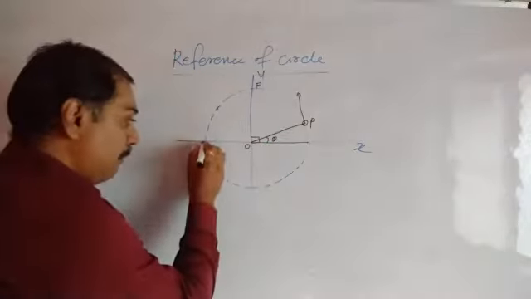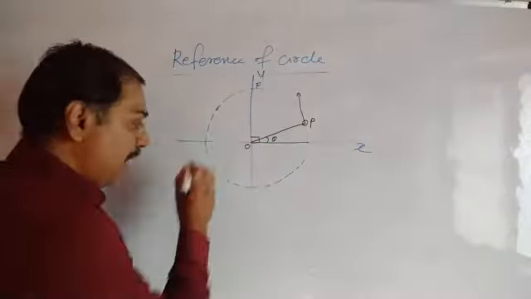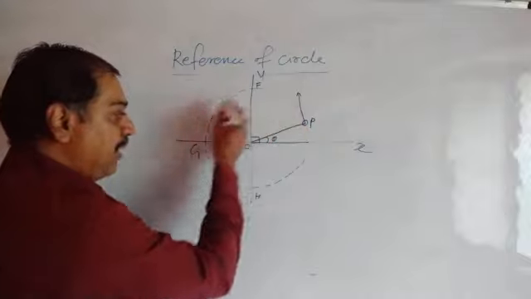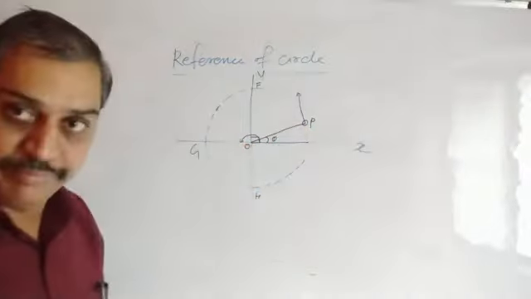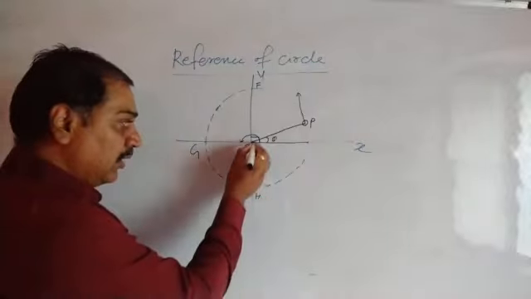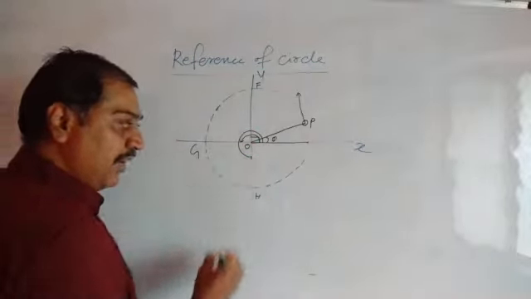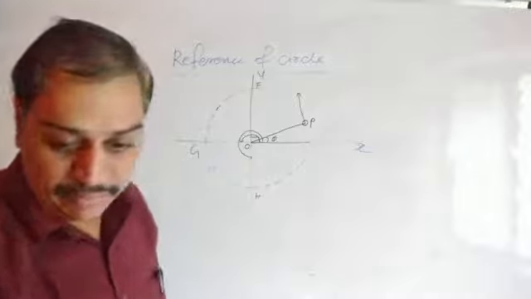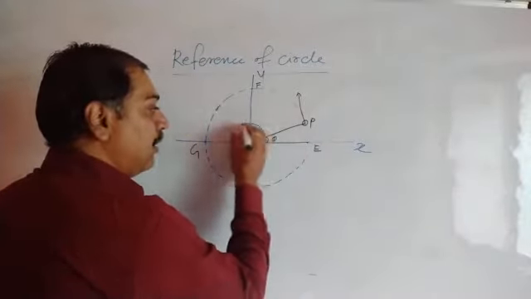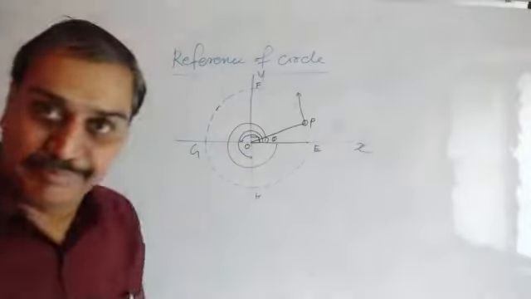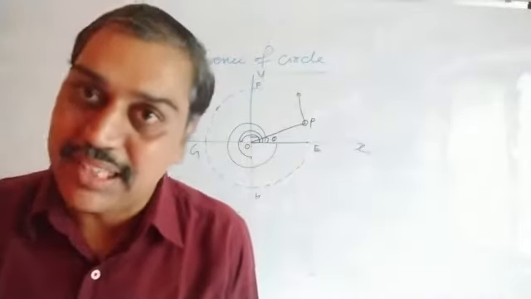At this point, what have they taken in your book? This as G, this as H. When particle P comes at this point, what is the angle? This much. It is 180. When it comes at H, it is 270. When it comes at this point, which they have taken as E, the angle becomes 360. Did you get this? It becomes 360.